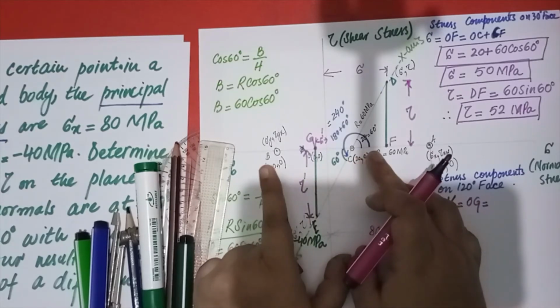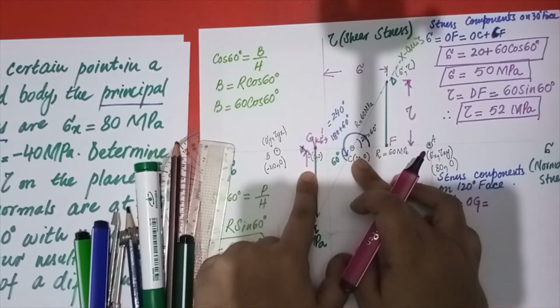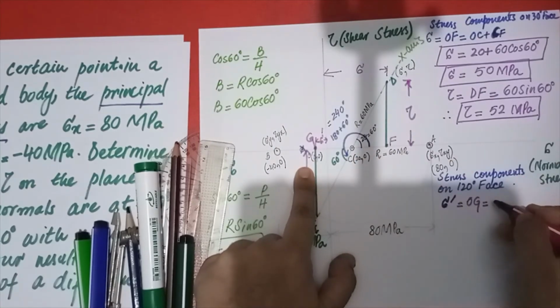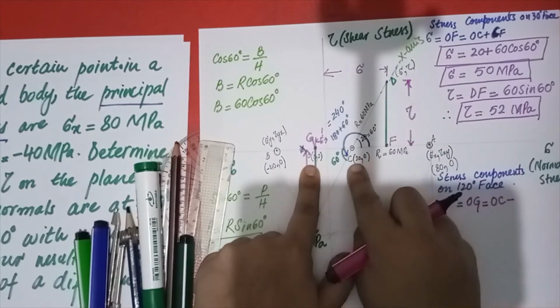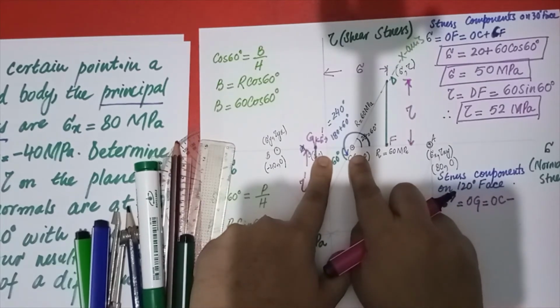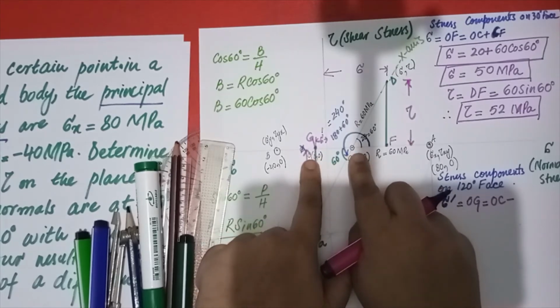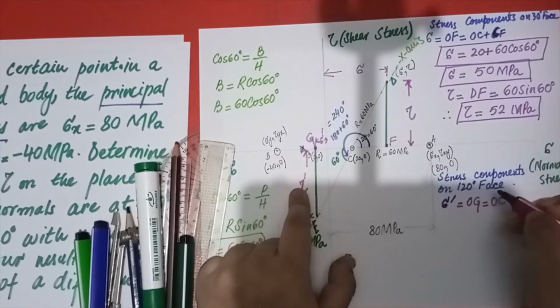subtract the value of what? I have to see the value of OC. OC minus, this is OC. And then what you have to do, you have to subtract the distance from C to G. So this is your OC and this is your CG. So you have to subtract the value of CG.